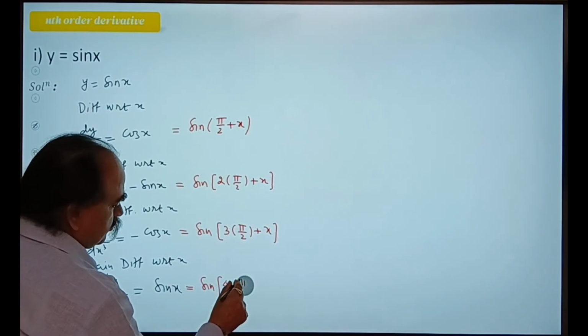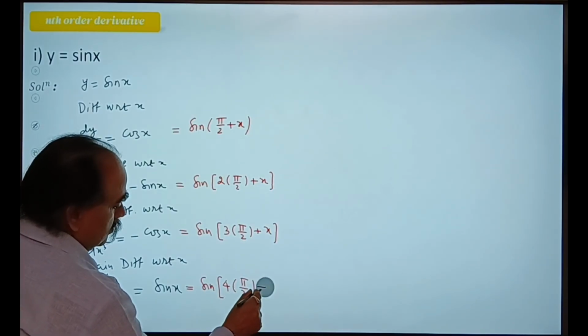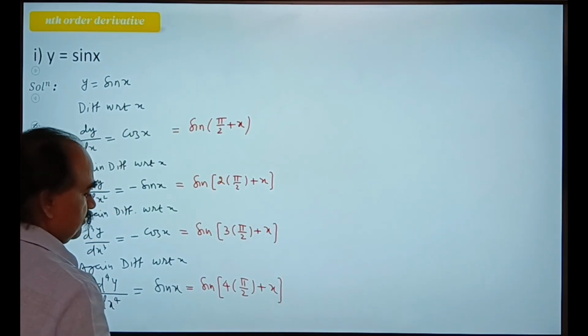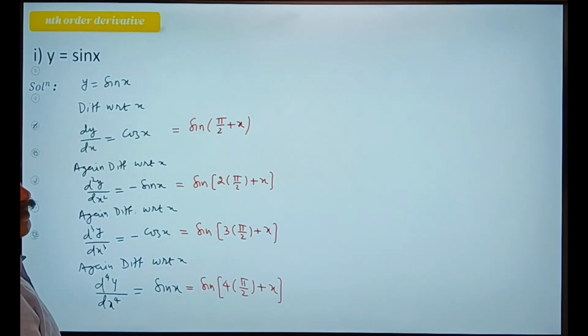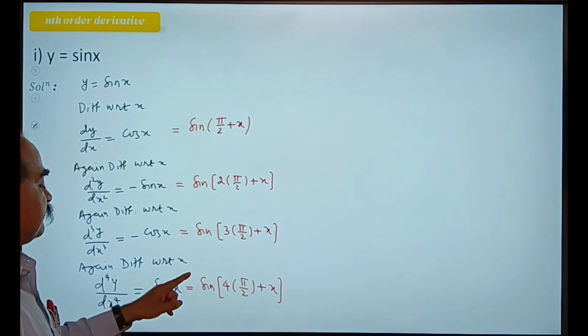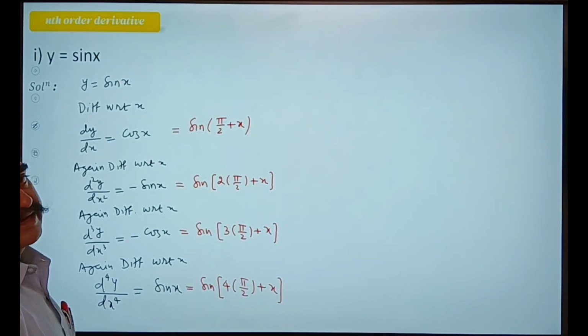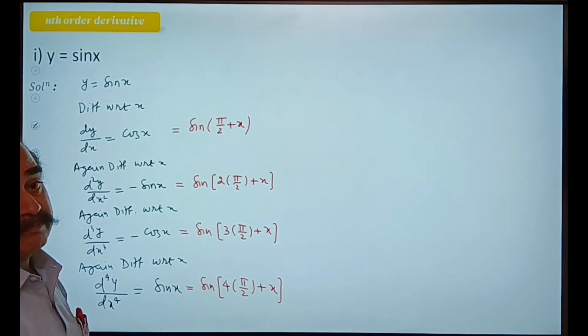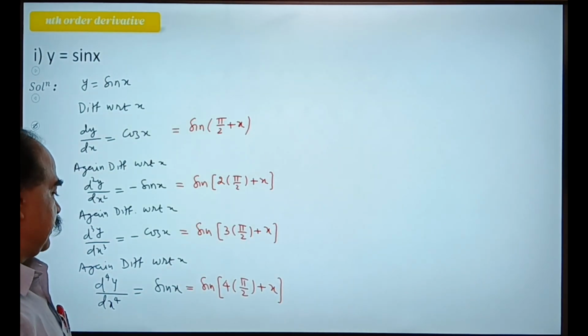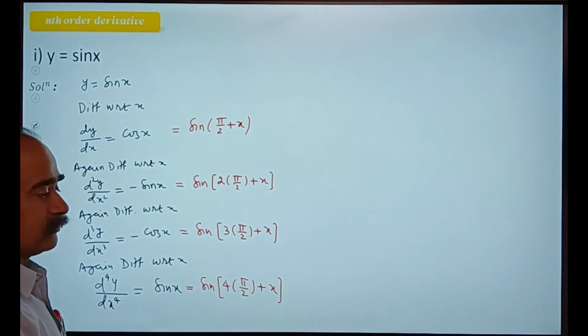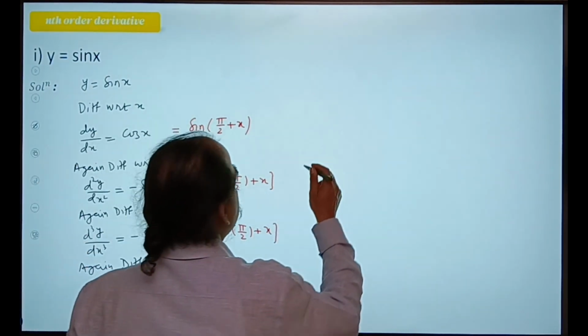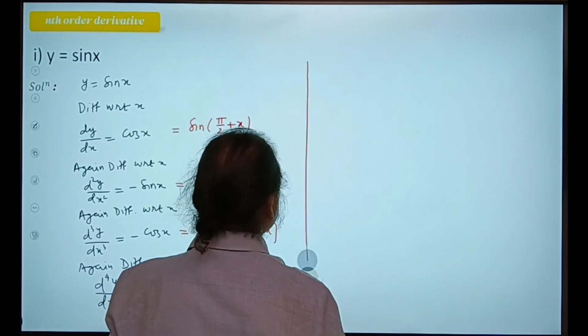And this can be written as sin of 4 into pi by 2 plus x. 4 times means even multiple. Even multiple means sin will remain same as sin. And 4 into pi by 2 plus x will come in first quadrant. In first quadrant, sin is positive. So proceeding in this manner, we get